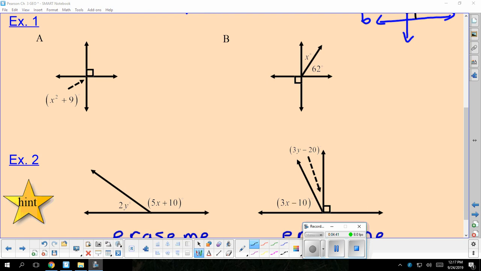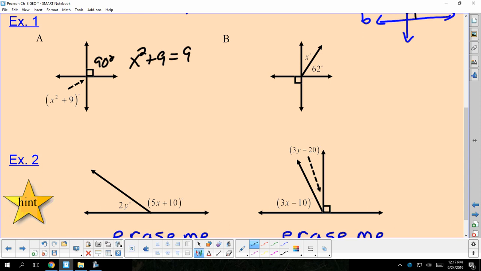So, we have vertical angles here, and we know that this is perpendicular, so that's 90 degrees. I'm going to set these equal to each other. Subtract 9 from both sides. X squared equals 81. So take the square root of both sides. X equals